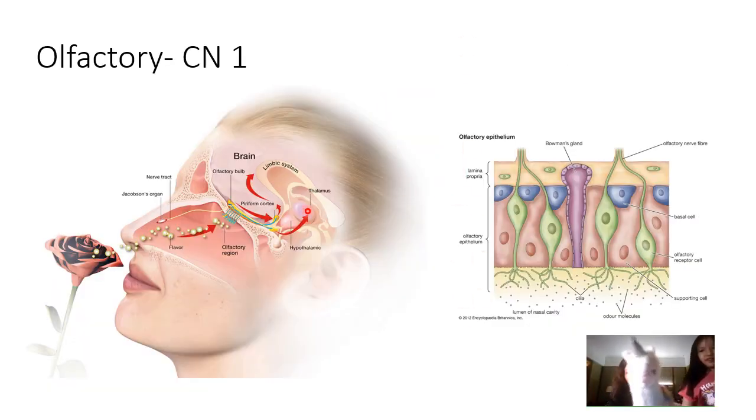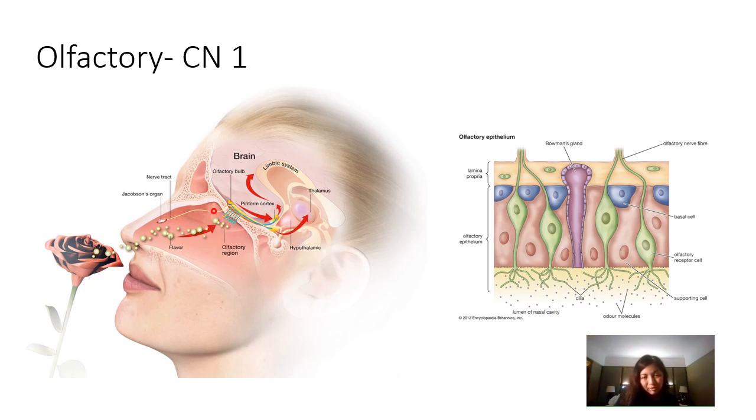Okay guys, so just to tell you a little bit about cranial nerve 1. Cranial nerve 1 is the olfactory nerve, and olfactory means sense of smell. So if you look at this picture, you can see there's a rose which smells good, and there are chemicals from the rose that escape into the air. And when you inhale, they actually enter the nasal cavity, and they go up to this